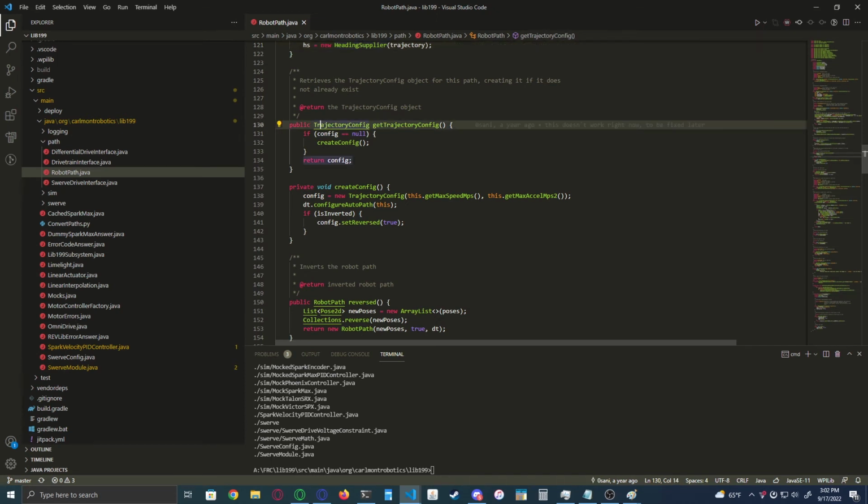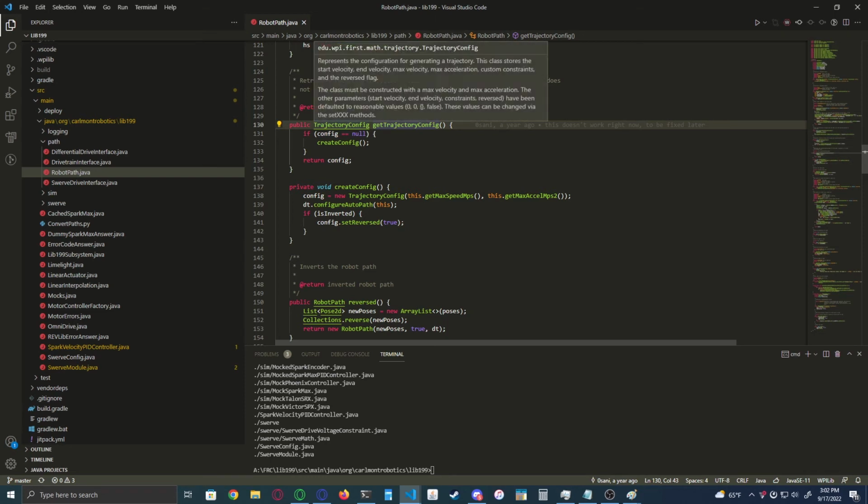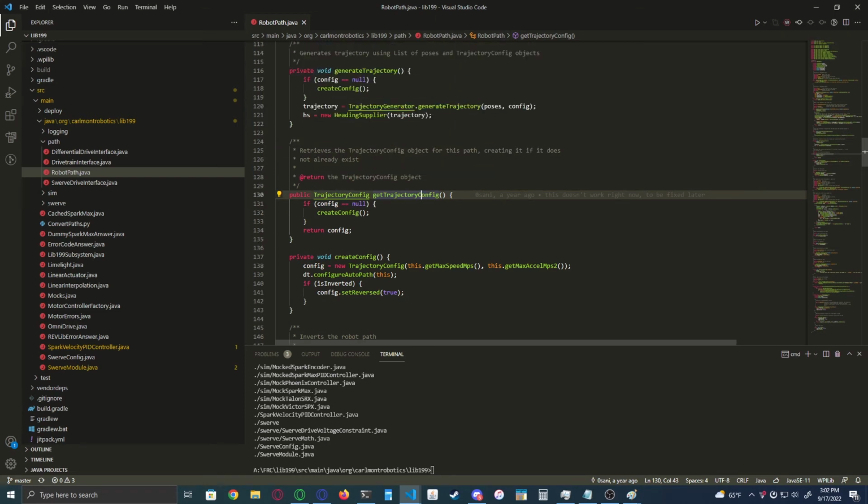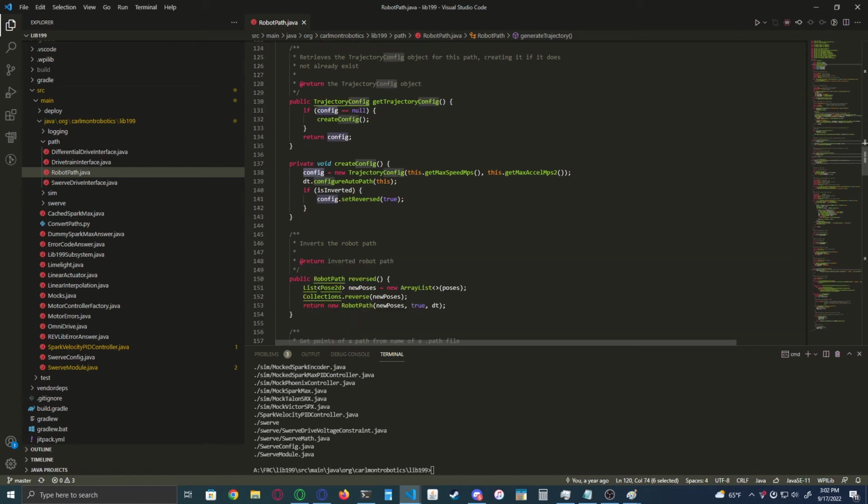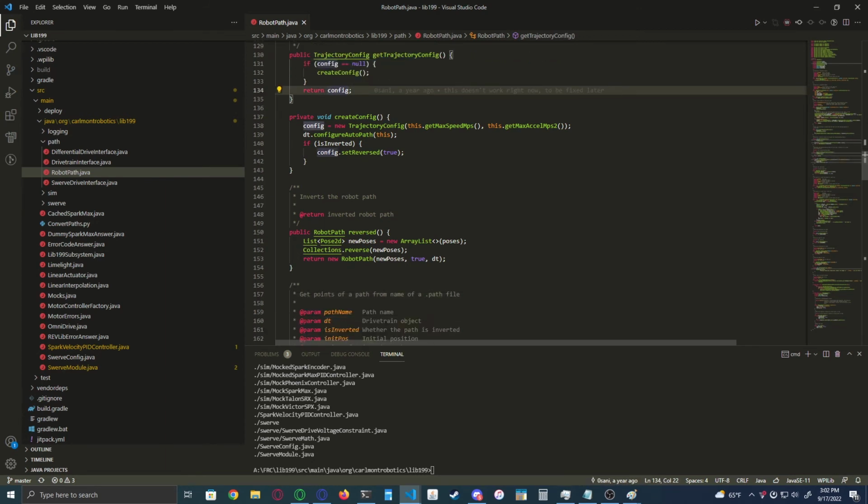Next up, trajectory config. To get a trajectory config, really, what we could do is get rid of this, and instead of config, put getTrajectoryConfig, but whatever. If we don't have a trajectory config already, create it, and then return it. And to create a trajectory config, we initialize a new one with get max speed and get max acceleration. And then what we do